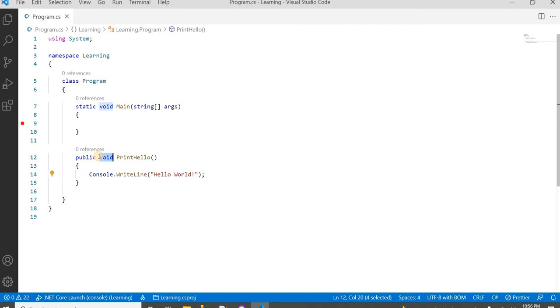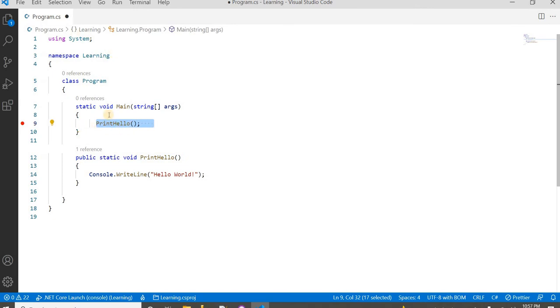Now let me make it static. Don't get confused with the static, I will explain in advanced C sharp what static is. Now I'm just calling this method in the main method, because the main method is the entry point. So if I do not call it here, it will not get executed.